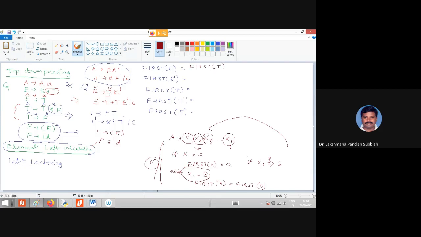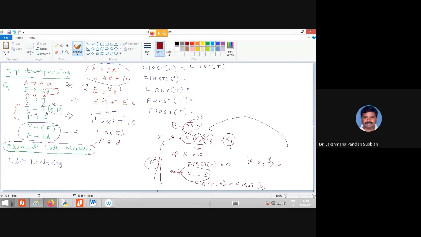The T is not empty, so you can stop there. So here E derives T E dash. This T is a non-terminal, but the T is not empty, so no need to go for the next symbol. So you can stop there. So in this way you are getting first of E equal to first of T. Nothing other than that we can continue.